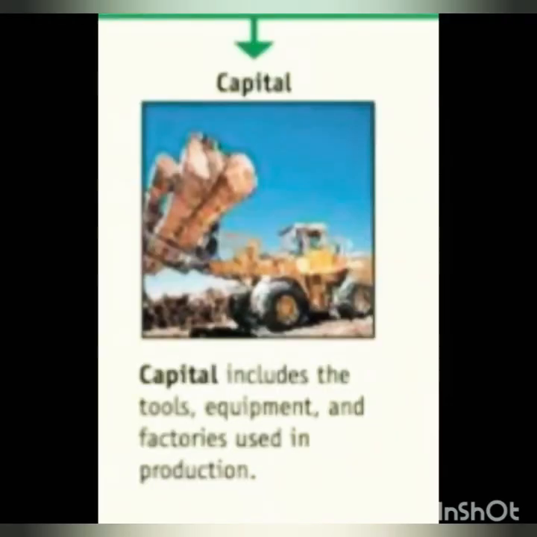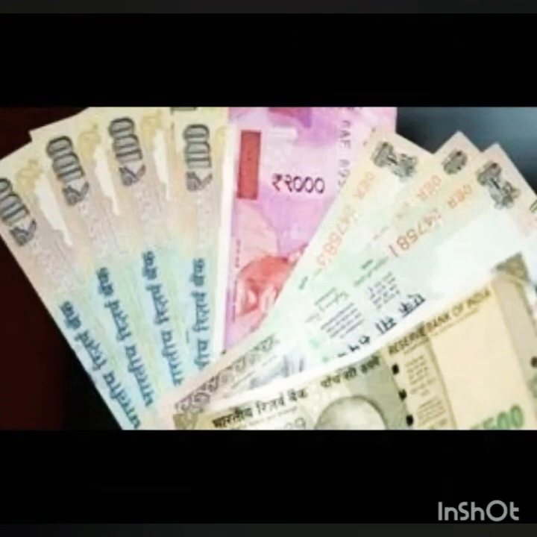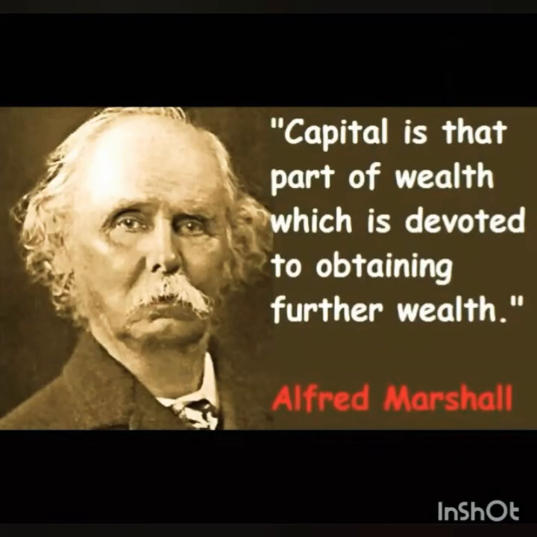Next, we see capital. In simple terms, we call it money. Capital means money. According to Marshall, capital consists of those kinds of wealth other than free gifts of nature which yield income. He is mentioning that not only the gifts of nature are capital, but also man-made wealth. Money also is a kind of capital.